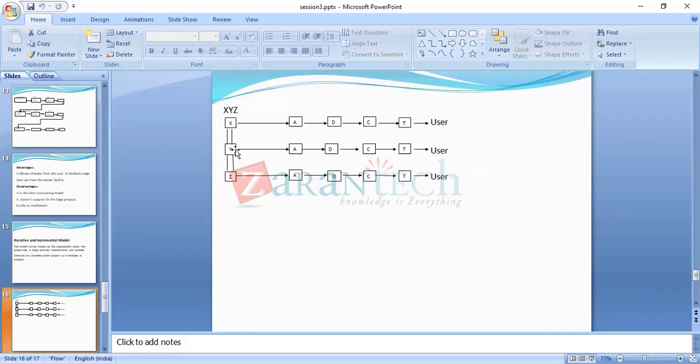And one fine morning, we released the Y module into the market. After some months or years, using the Y module, your clients may expect some more requirements, so those requirements will be added into the Z module.